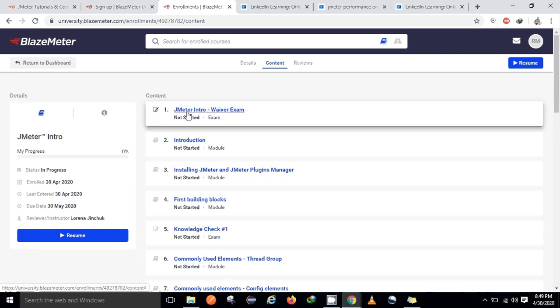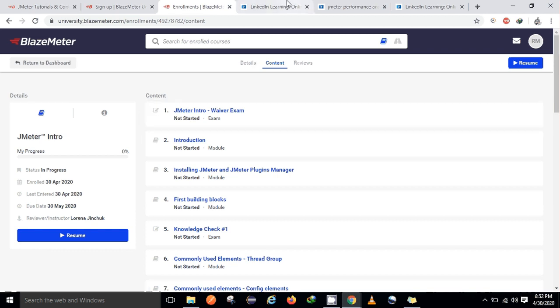Without completing the tutorial, we can go for the certification. But for the JMeter Pro course, we do not have such an option where we can directly attempt the certification. We'll have to go through the content, and after completing it, we'll be able to access the JMeter examination, and once we clear the examination, we'll get a certificate. So we can get two certificates from BlazeMeter, for the JMeter Intro and JMeter Pro courses.